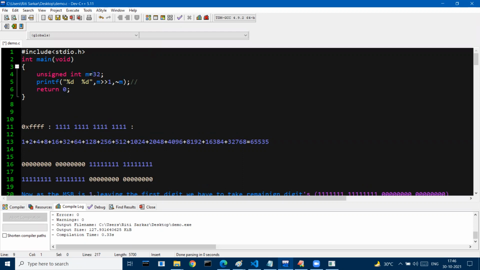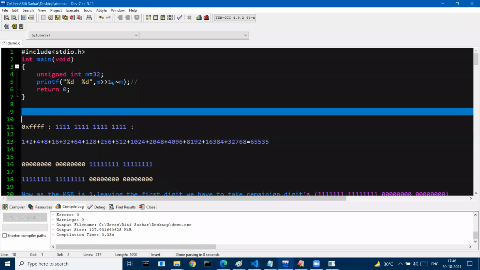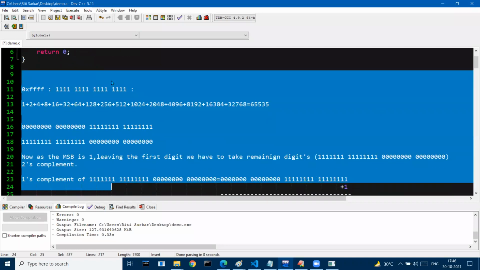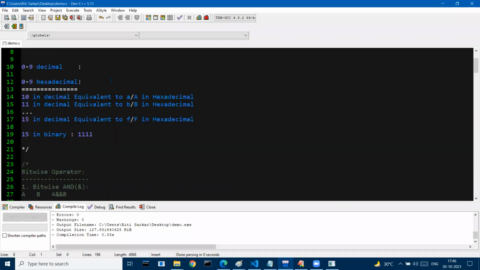Okay. Sir, this is super easy. 32 right shift by 1. That means divided by 2 to the power 1. That means this is 16. No doubt about that. Where we will focus? Complement of